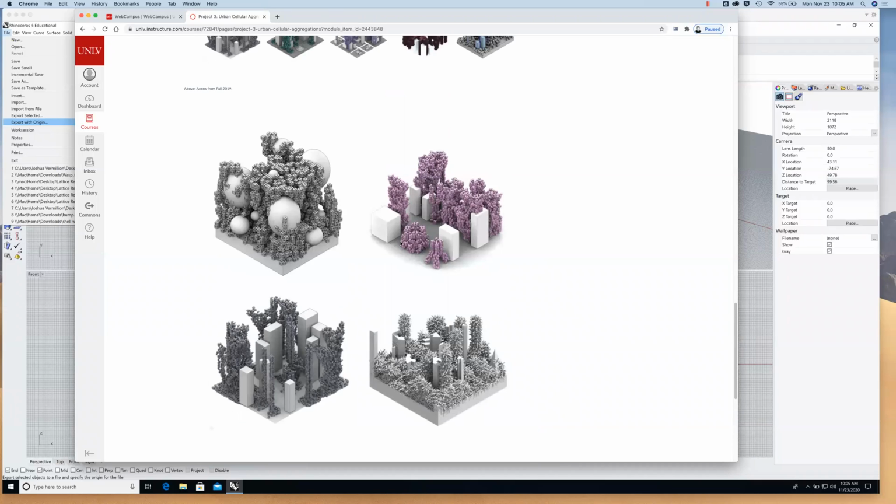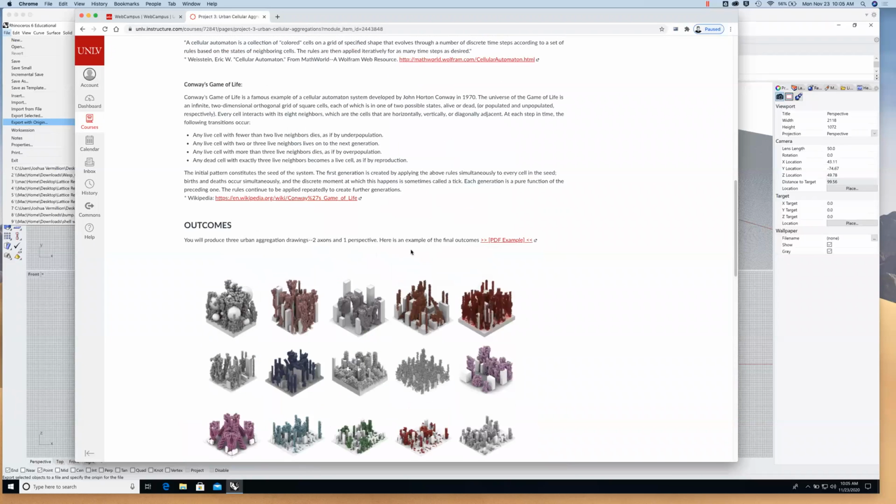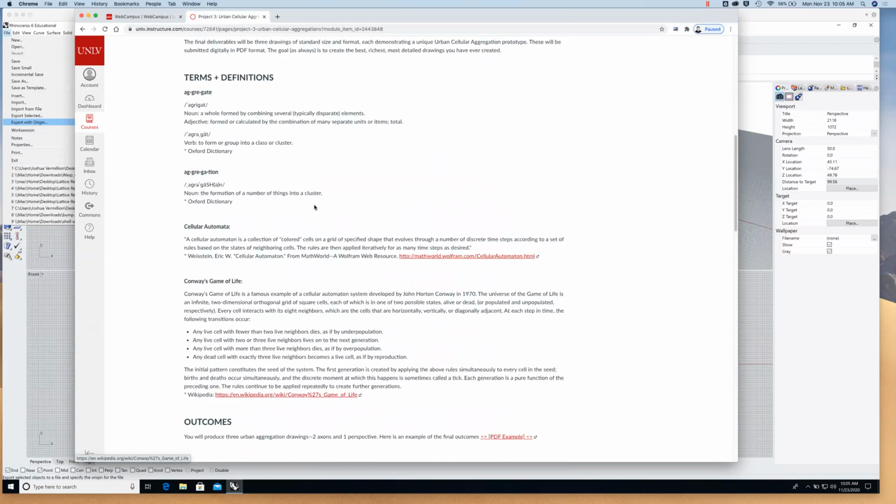Again, I highly recommend differentiating your components, your system here, from any existing built environment. You look at my example that I posted